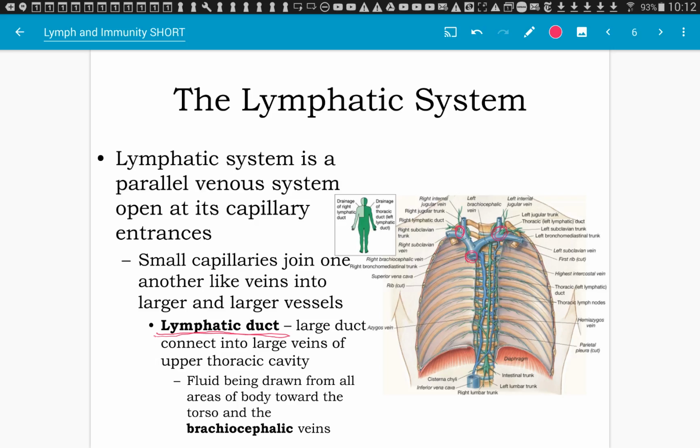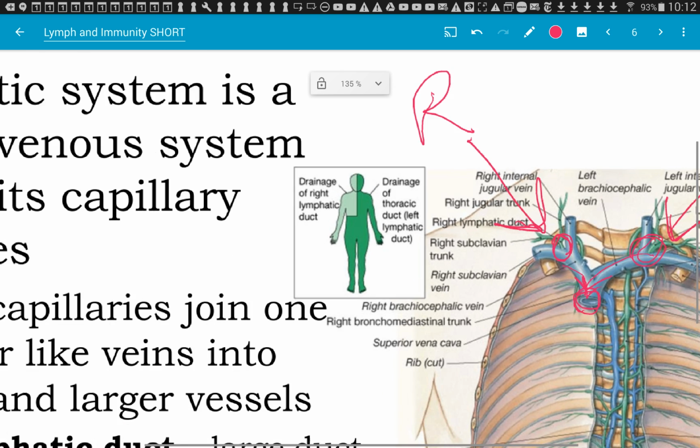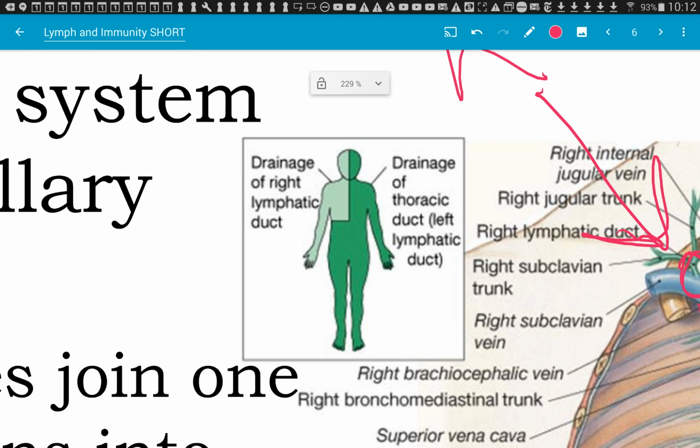The clean fluid is dumped into these two portals. This is for the right side of your body, and here is for your left. Then it all travels down to your superior vena cava and into your heart. That's where it gets returned back into the cardiovascular system. Notice this picture, see if I can make it bigger real quick. This illustrates